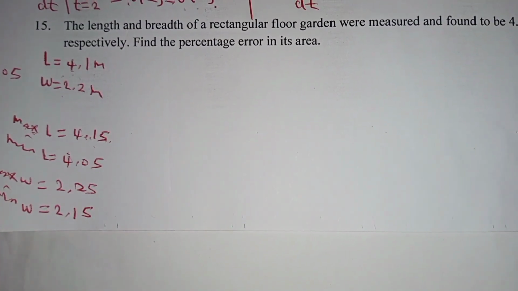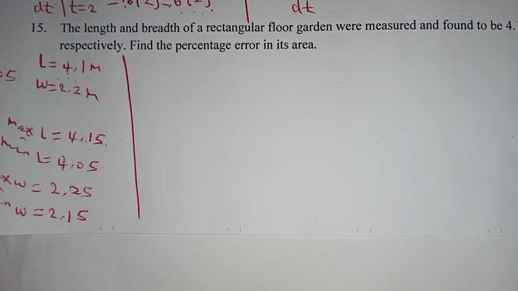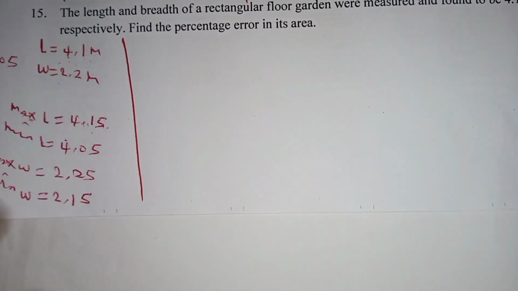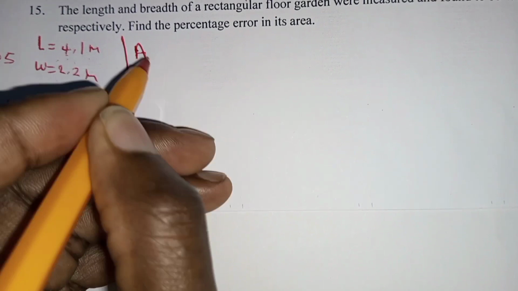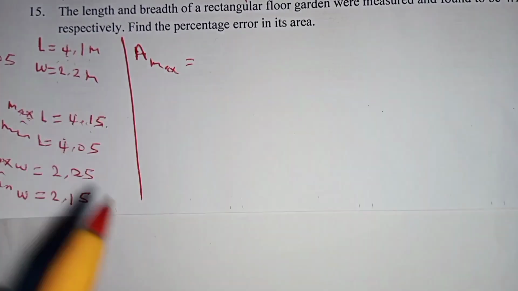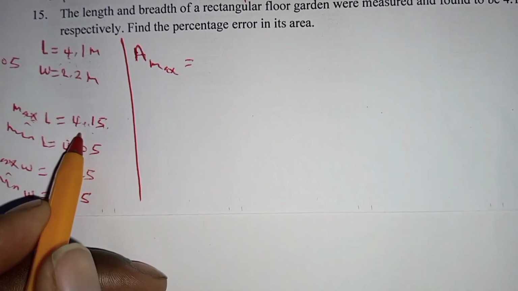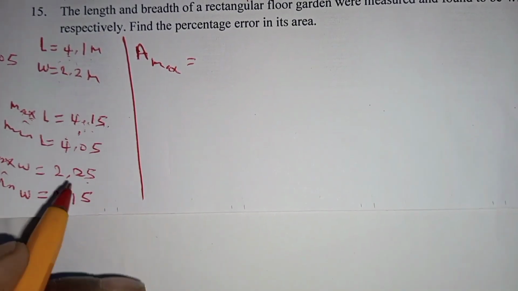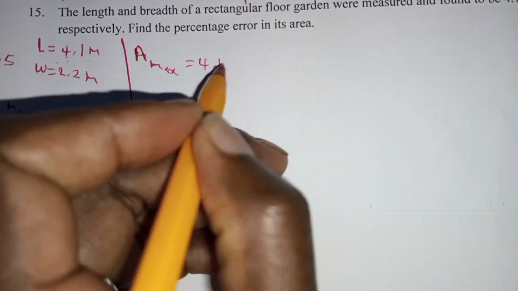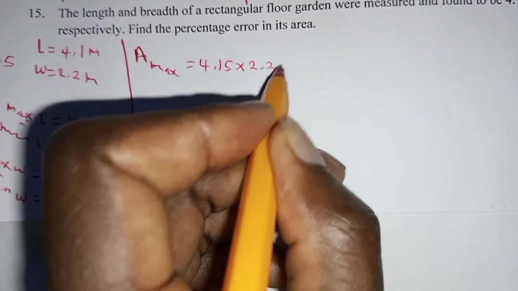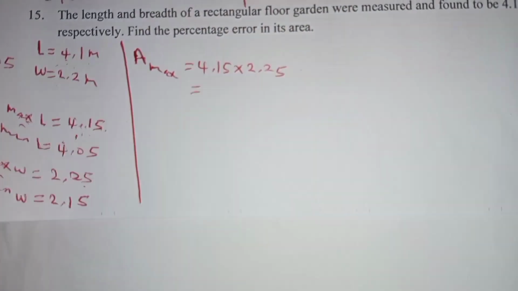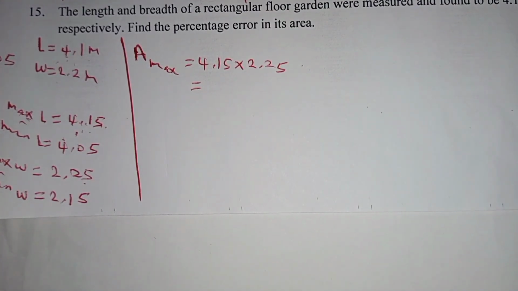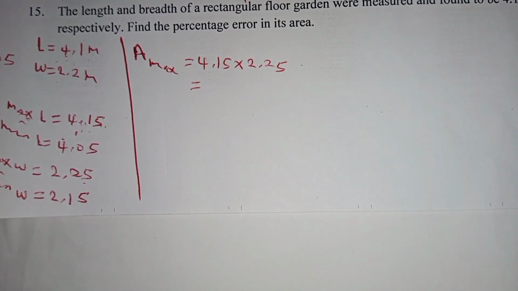The next step is we are going to obtain a maximum area, which will be given by maximum length times maximum width. So we have 4.15 times 2.25, which, after multiplying, is going to give you 9.3375